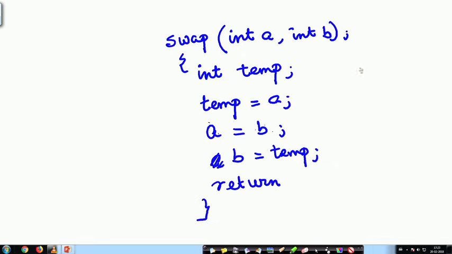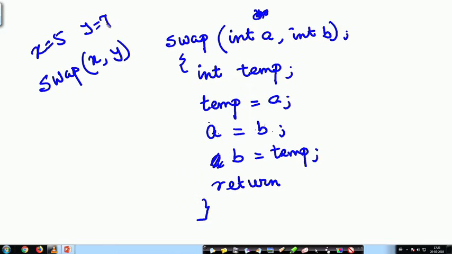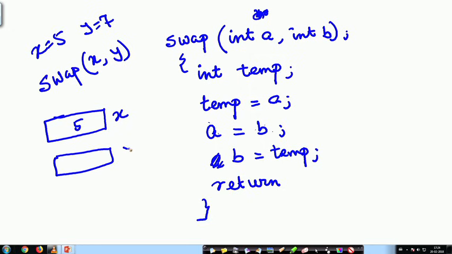So, here suppose when it came, it was called with x and y. So, main program called swap with x and y, and x was 5, y was 7, right. So, x was a location here 5 and y was a location 7. Now, when it came here, a was a local location, and I know that the functions are called by value.